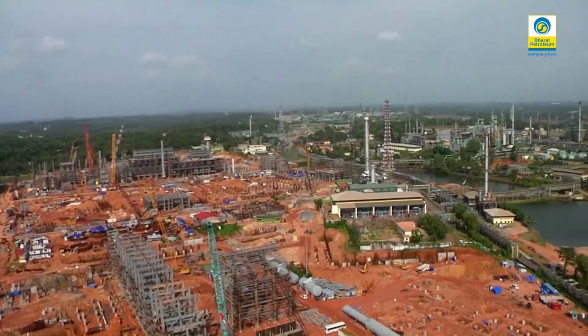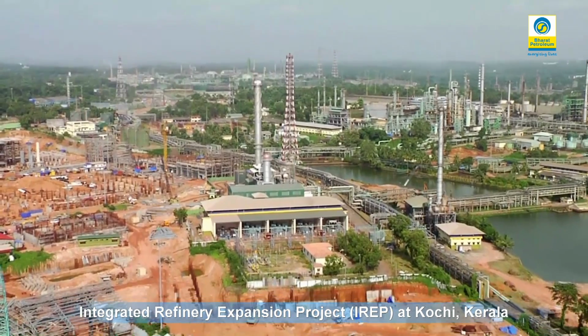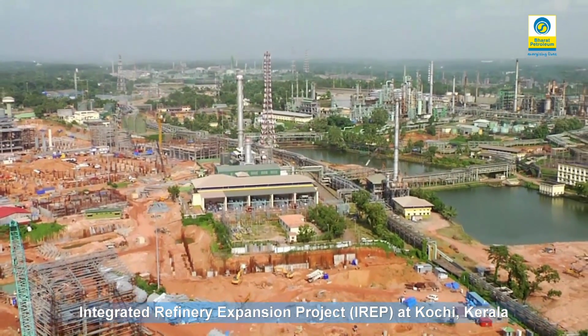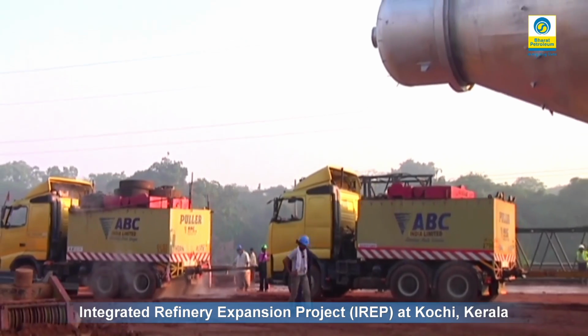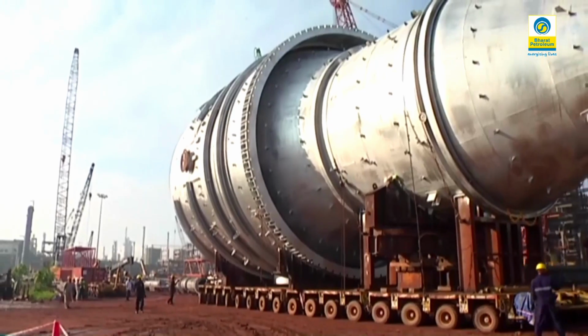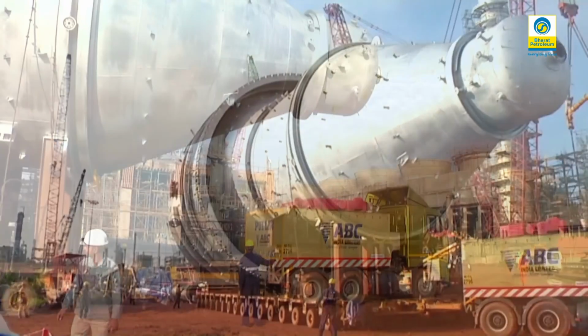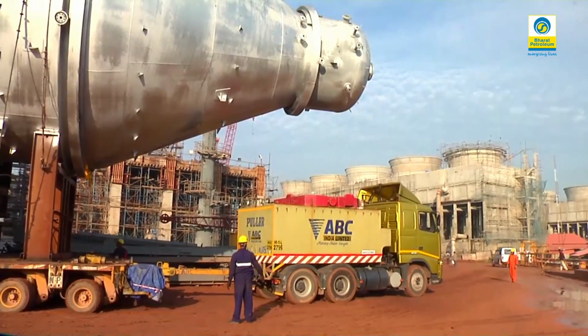The total investment for the project is 16,500 crores for the facilities within the refinery and almost 2,000 crores for the other facilities outside the refinery. Once the project is completed, the refinery would be capable of producing Bharat Stage 4 and Bharat Stage 5 quality fuels. The current indications are that the project is going to be completed by May 2016. Till March 31st, we have completed almost 77% of the project, and the remaining 23% would be completed in the